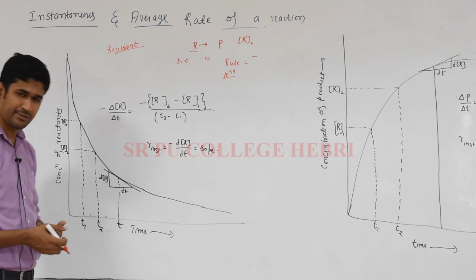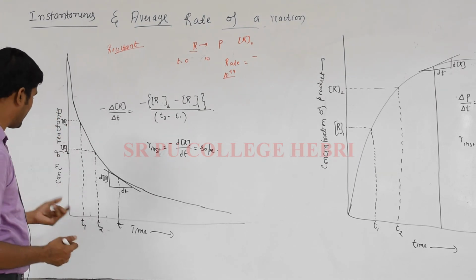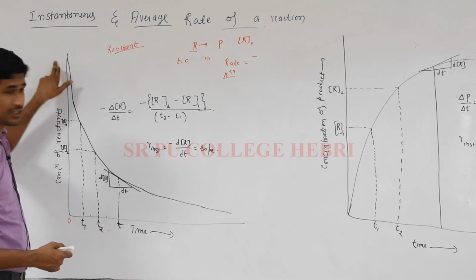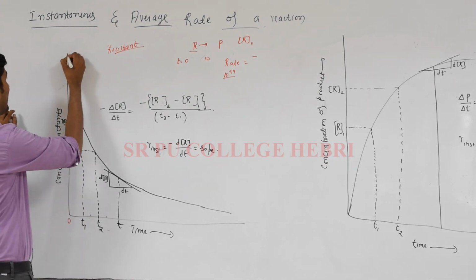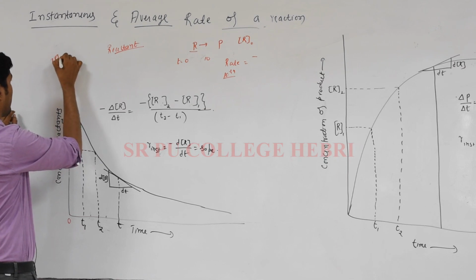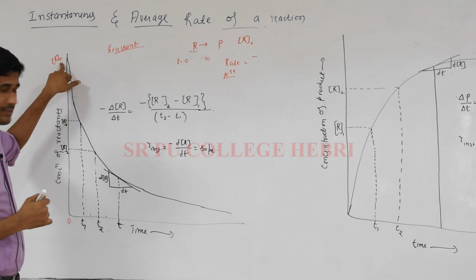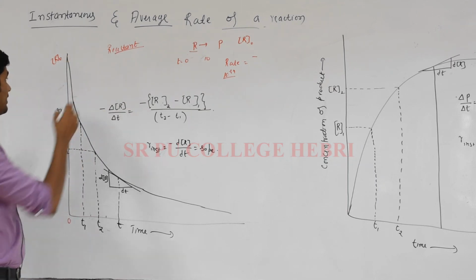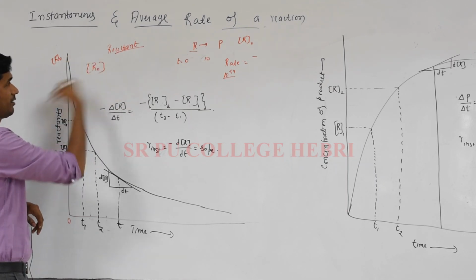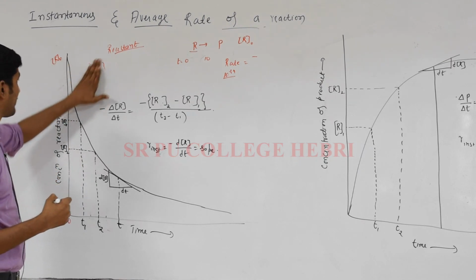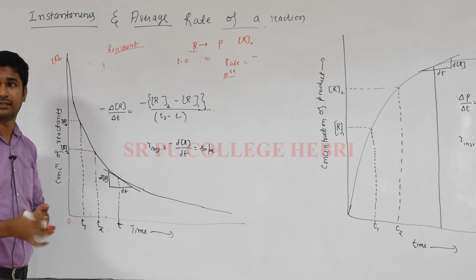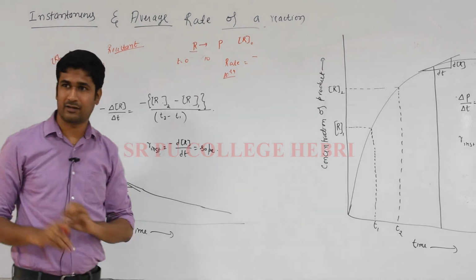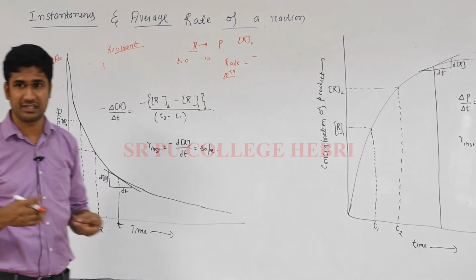Now at time t equal to 0, at this origin, the concentration of the reactant is maximum. Here we take it as [R]0. This is the subscript, which is written outside the square bracket. Don't write it inside the square bracket; don't write it like this, write it like this only. So at time t equal to 0, that means before the start of the reaction, only the reactant is present and its concentration is maximum.